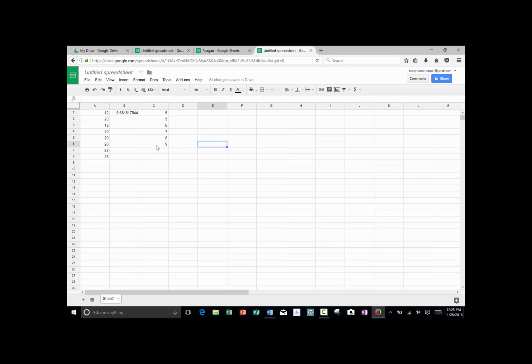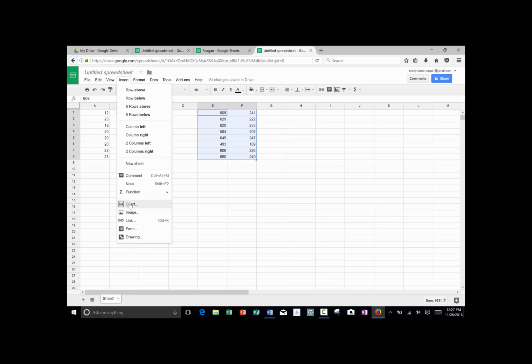So now, like I said, you'll have other data in there. This is for number 3 then, and you will have the data already written in there, and I'm going to pause it while I put the data in there. Okay, so I've put the data in now for number 3 on your test review, and it asks you to do a scatter plot. So you're going to highlight your data, and you're going to hit insert chart,